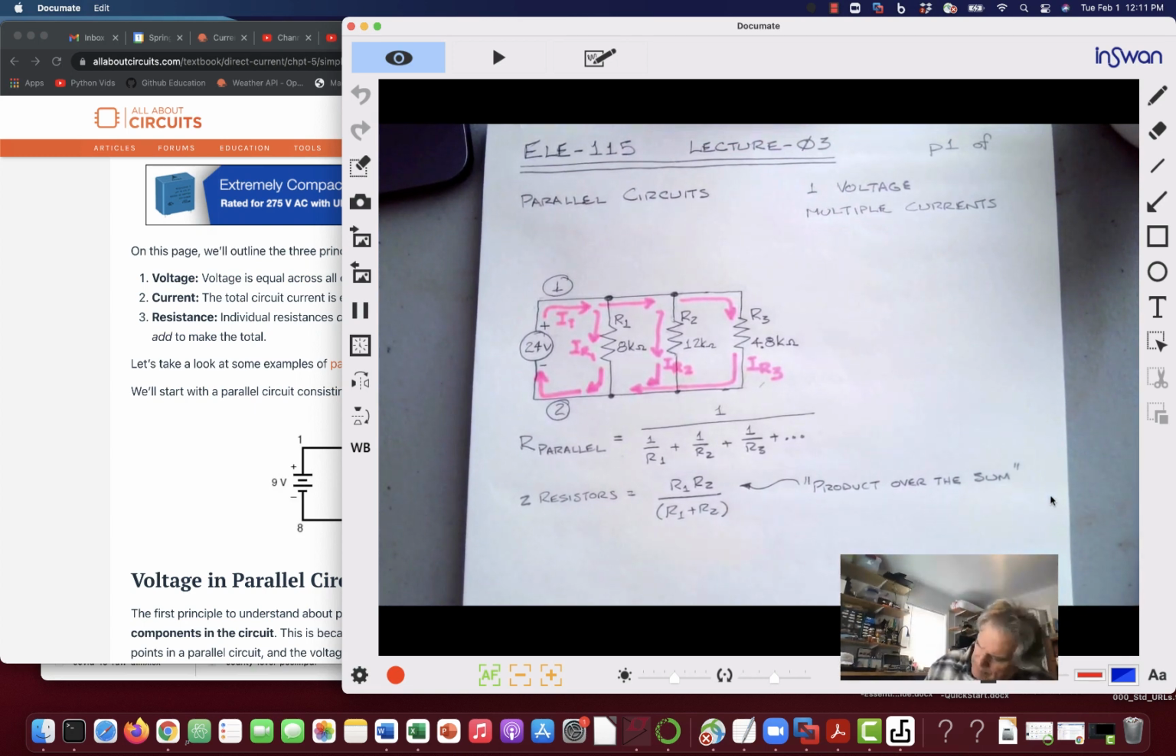All right? And that works for any two resistors. And so that can be a handy way to do things. The other thing we can have is if we have n equal resistors,